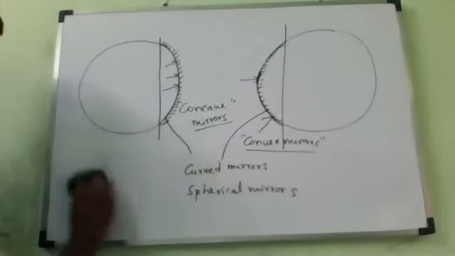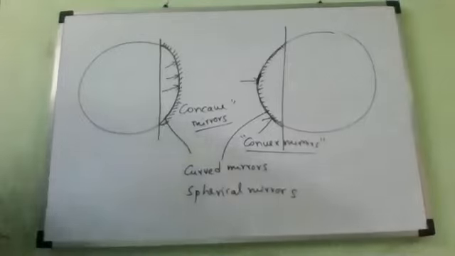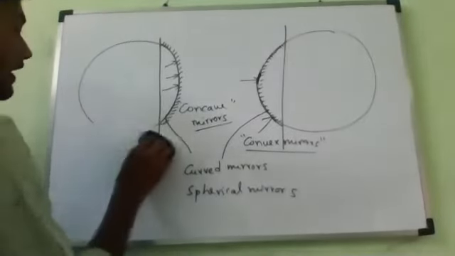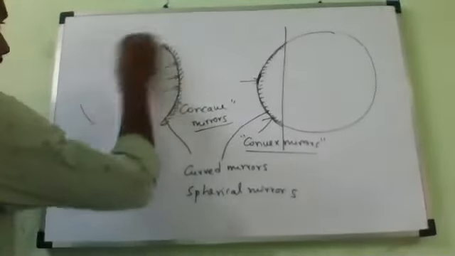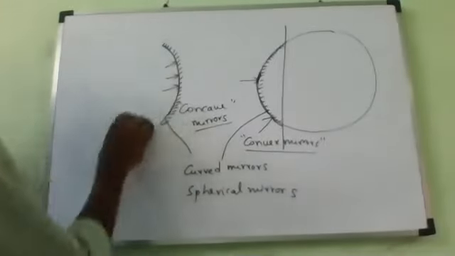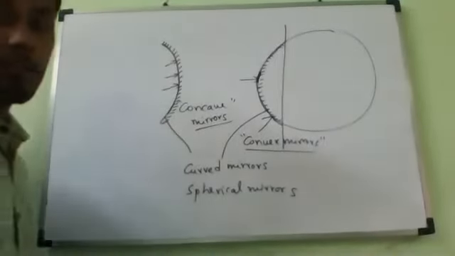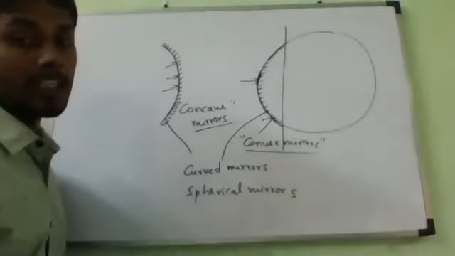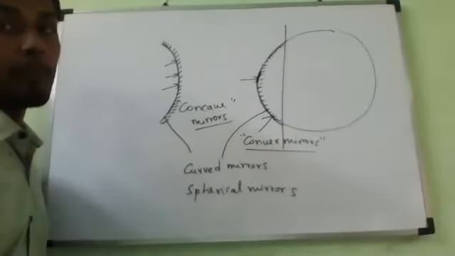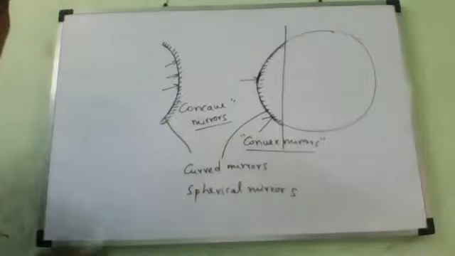Now, the concave mirror is a mirror which has a reflecting surface. Which surface is the reflecting surface, bent-in or bent-out? A bent-in surface. A concave mirror is that of spherical